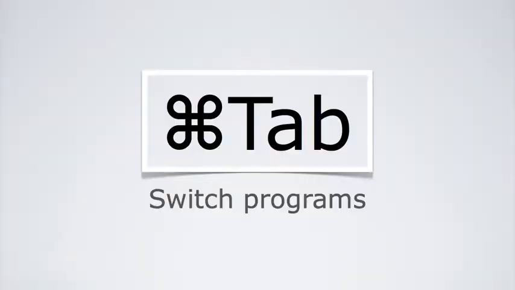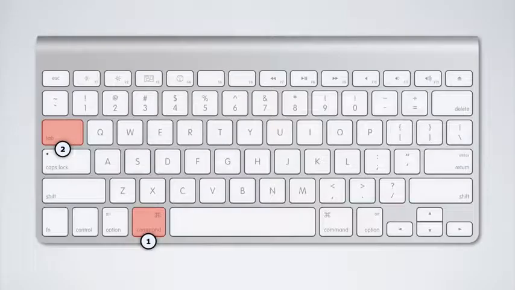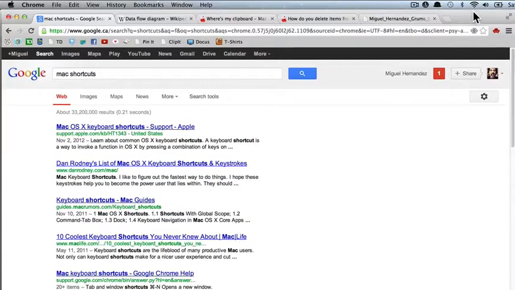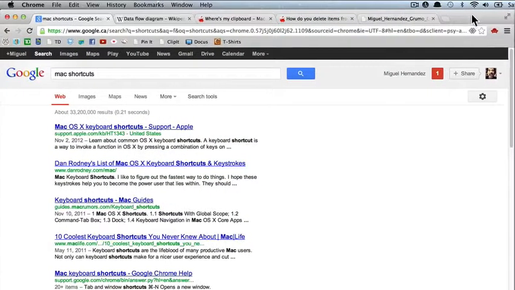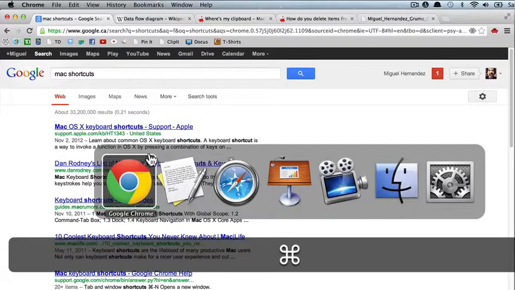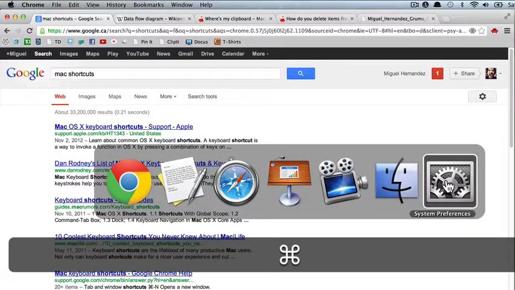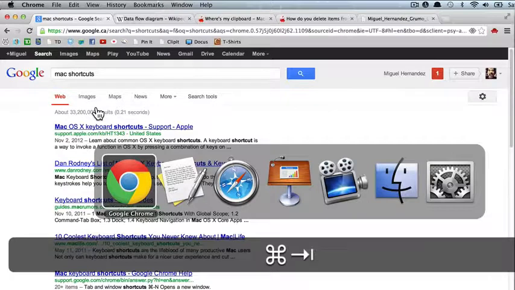Command Tab to switch programs. Instead of trying to find your programs and moving windows around to find the program you're going to want to go to, it's very simple. Just press Command Tab and you'll get this display with all the open programs, and now you can easily select where you want to go. You can do it with your mouse, or if you keep clicking Tab it will iterate through all the open